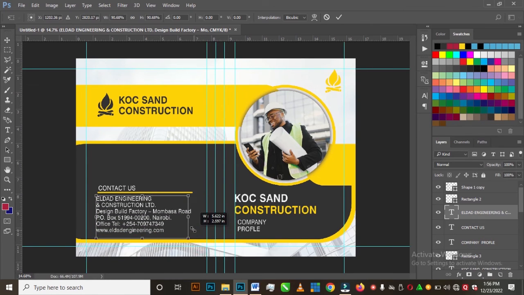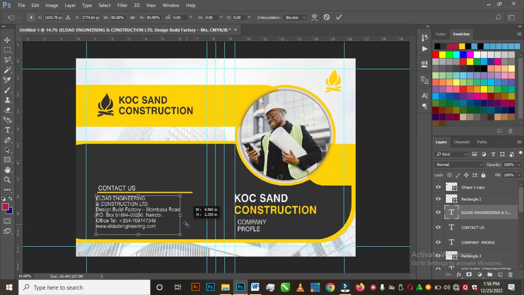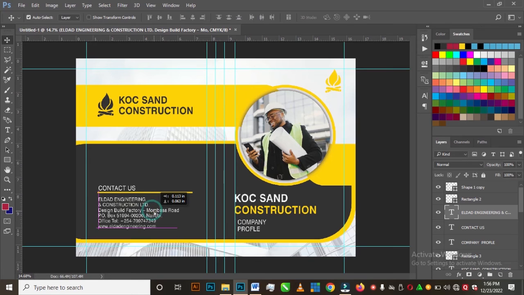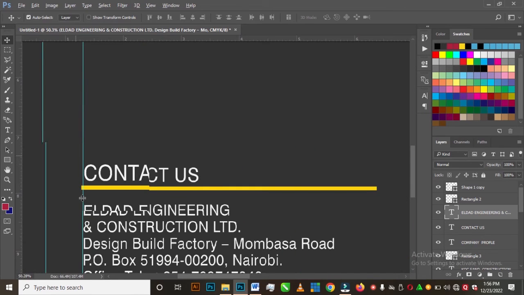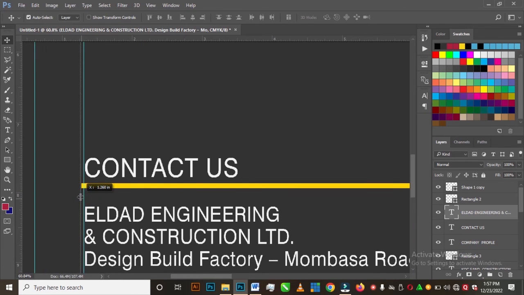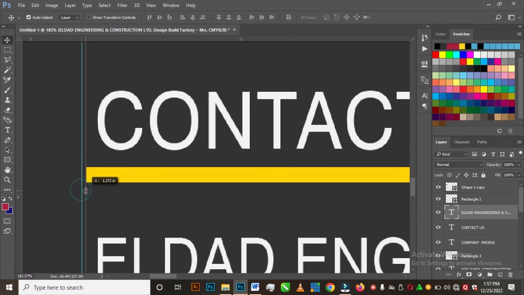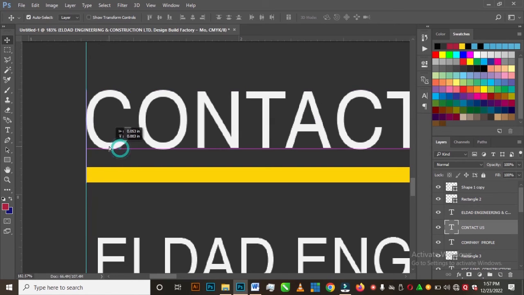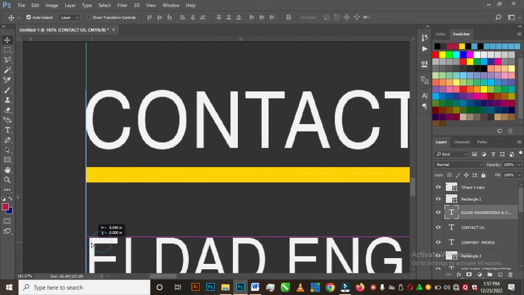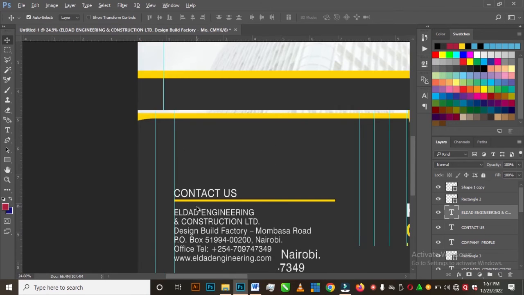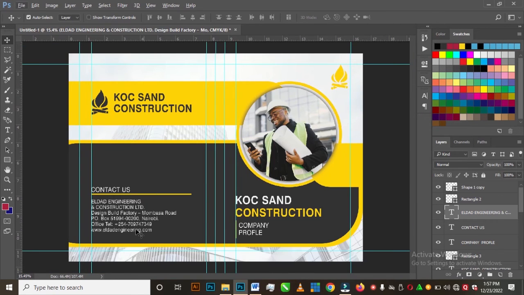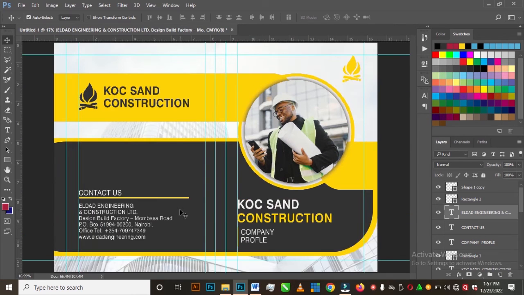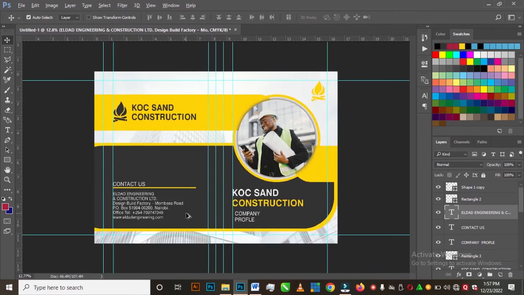Then scale it down a bit, Ctrl T, scale it down a bit. Scale it down a bit. Okay, let me get ruler, zoom in, align and position it here. Position this way, position this way. All right. Now contact us. Okay, so this information is here,